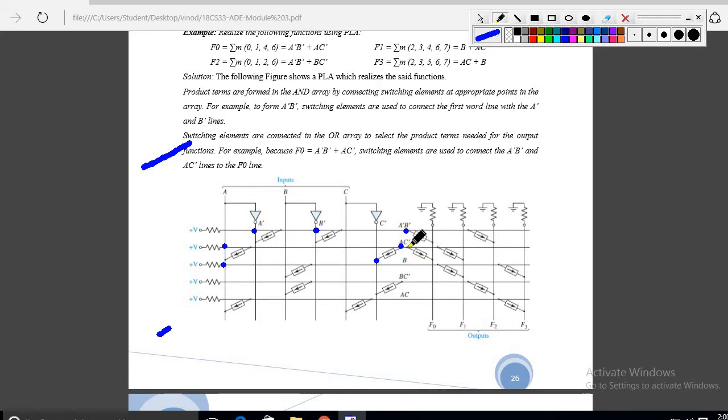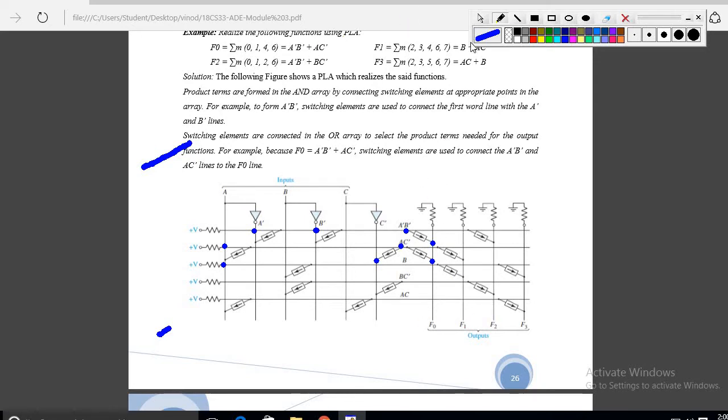If you connect this arrow, it is connected to A C bar. So here it is A bar B bar. So f0 is equal to what? Anyhow, it is understood that an AND gate is present here and an OR gate is present here, because this is a feasible AND and a feasible OR. See here, okay. For that reason this is internally connected. So f0 is directly A bar B bar plus A C bar.